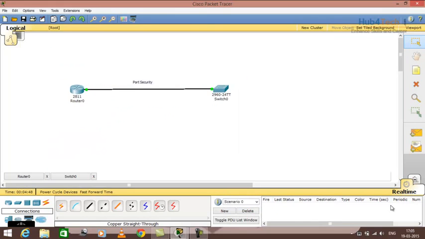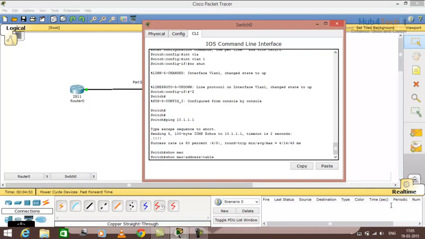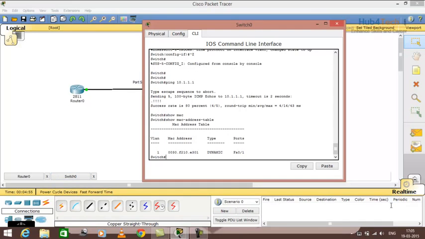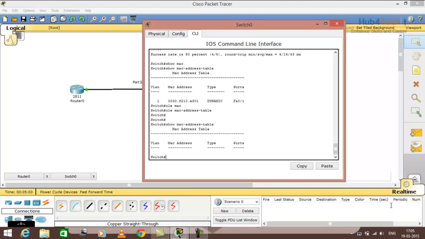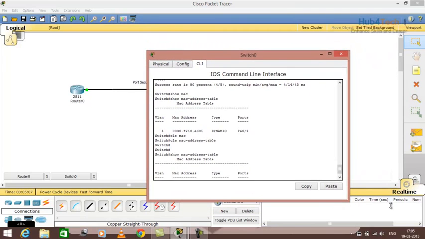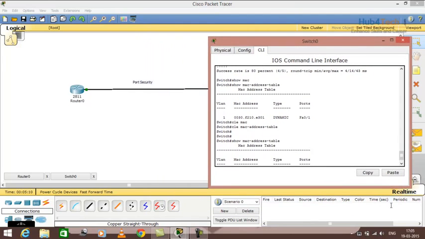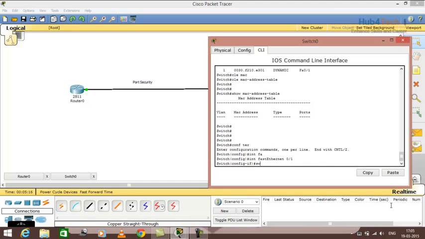Right? So now currently in the MAC address table, if you see, we have the MAC address of router 1 right here. Now I want to assign the port security feature here on this switch so that it can only learn a single MAC address. So for that we have to go to the interface FastEthernet 0/1 switch port,